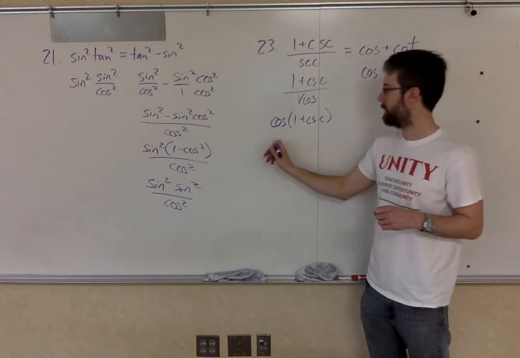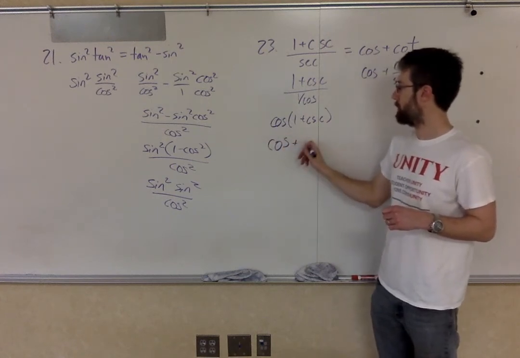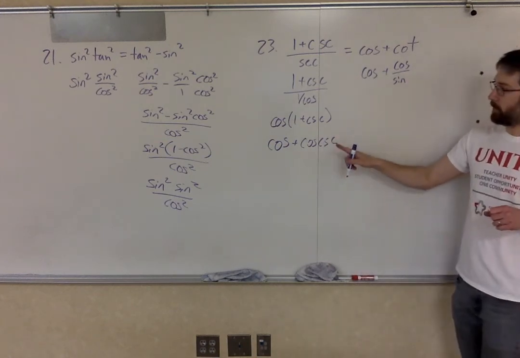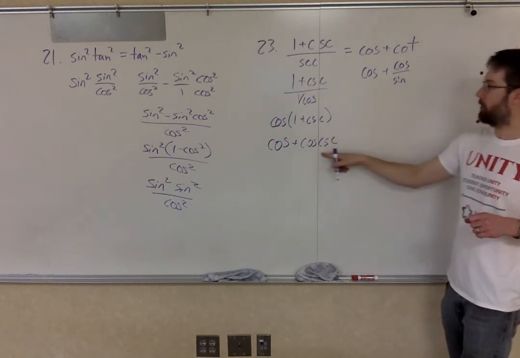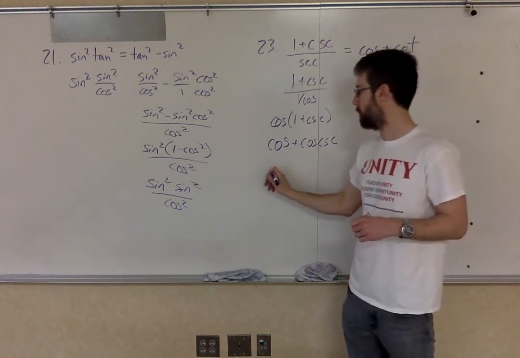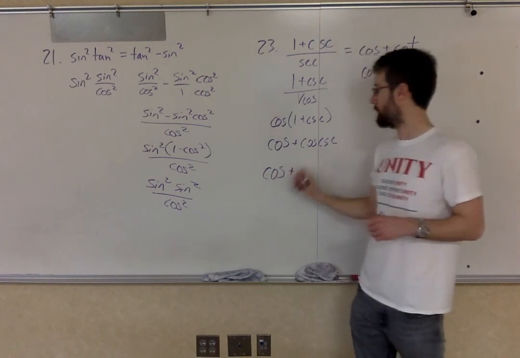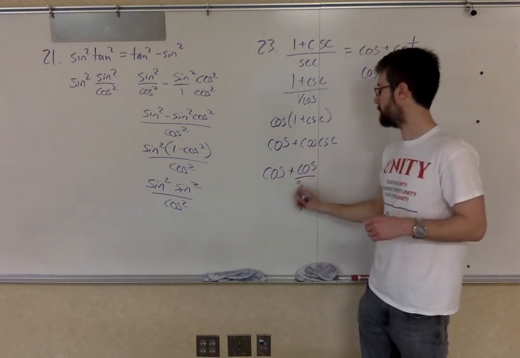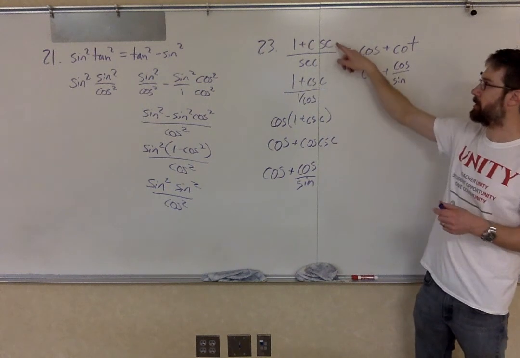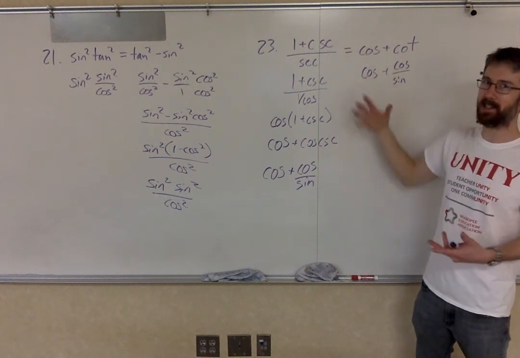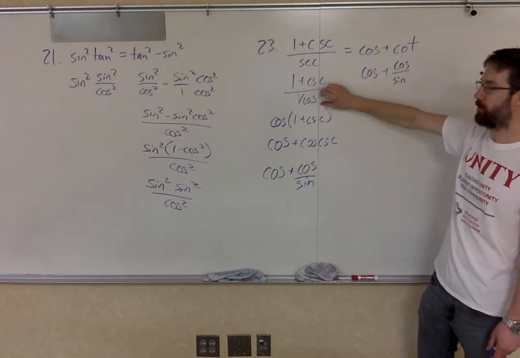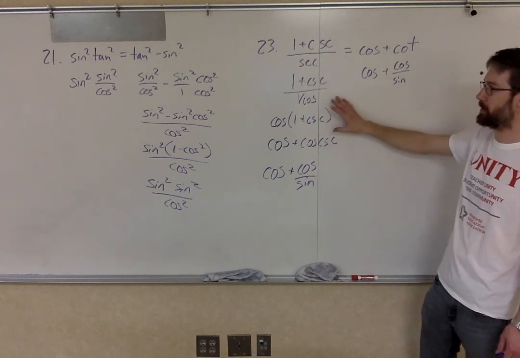Now if I distribute that in, cosine plus cosine cosecant. I've got cosine and cosecant on this side, cosine and sine on this side. What happens if I change that cosecant to 1 over sine? I get cosine plus cosine over sine, which is exactly what I have here. Now you could have changed this to 1 over sine at this step. I didn't, just because I knew it would be a little messy to have fractions on top and fractions on bottom, but you could have done the same thing and it would have